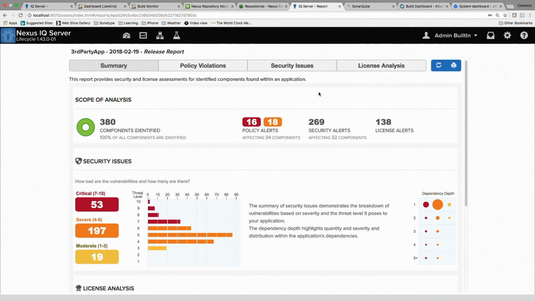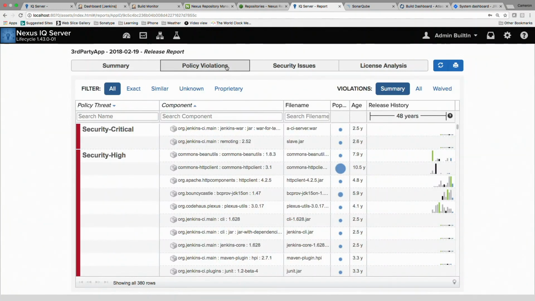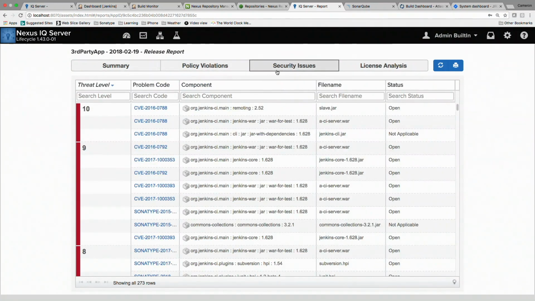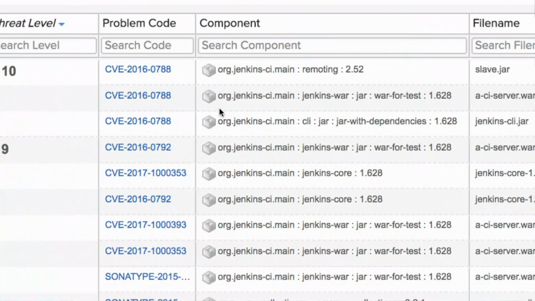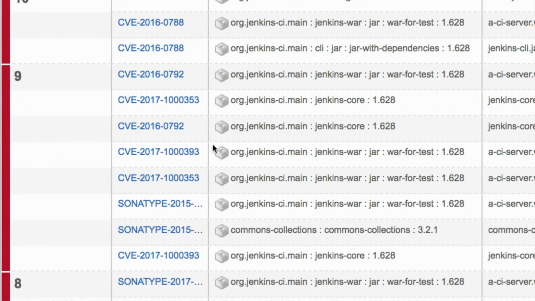We actually have a composition report here. We show you how many components are actually open source. This is the bill of materials. We show you everything that's in the project and whether they're vulnerable to attack. And then we have this special tab here of all the security issues. And one of the things that you might notice there is we have some CVEs, but we also have some Sonatype codes.